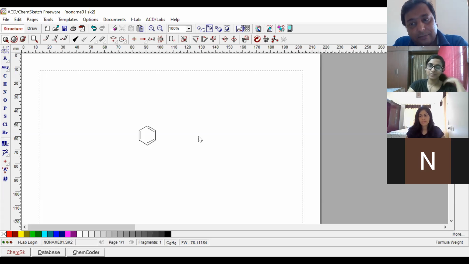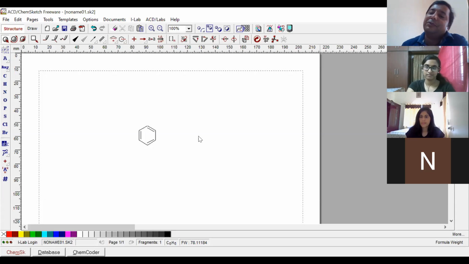So the system is simply drawing one hexagon. It's not knowing that it's cyclohexane or that it's benzene. We have to do that. You have to draw. There are some templates there which help you to draw. It's not like it's an already drawn structure. That means it doesn't even have an idea that it's carbon. Some templates and some symbols will be there which will help you to draw. It's not that all optimized structures are there.